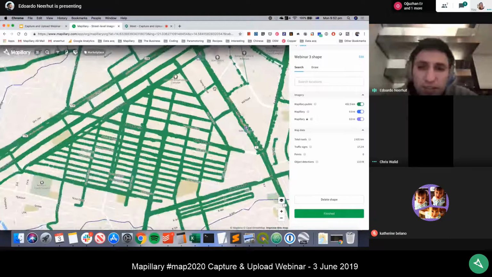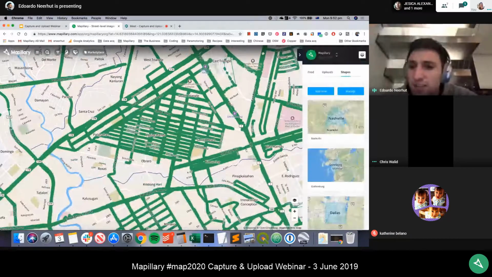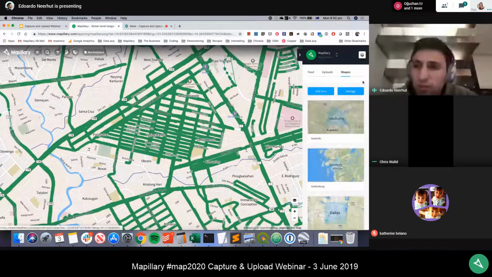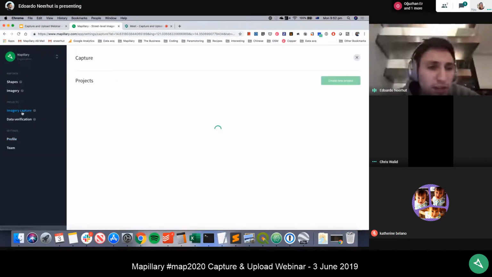So I've showed you organizations, I've showed you shapes and how to create them. And this leads us to the third and final organizational tool that I want to show you today, and that's Capture Projects. And again, you can access that on your organization dashboard on the side here, and you'll find it under Imagery Capture.